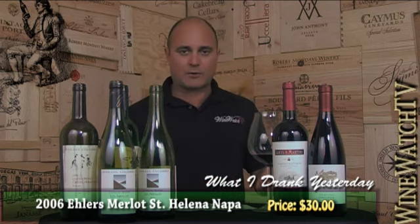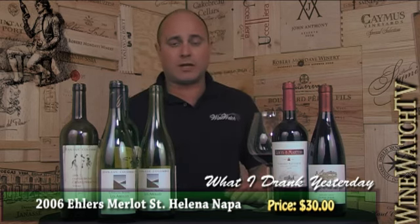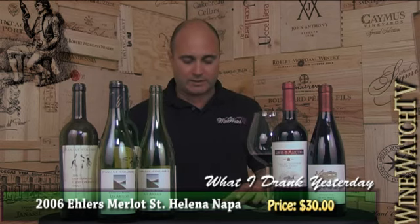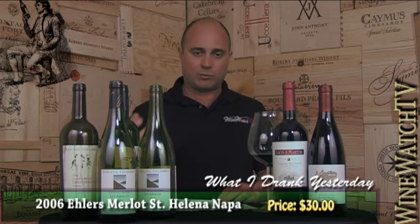And hey, at $30 a bottle, it's Merlot and the Cabernet, two of the best values coming out of Napa. Well, we just had the Merlot here, and regularly it's like $50. So we have a great price on this 06. Lots of plum and black cherry fruit on the nose, dark spices, chocolate notes to the bouquet, some nice herbaceousness notes showing here also. But the focus is on this lovely ripe plum and cherry fruit